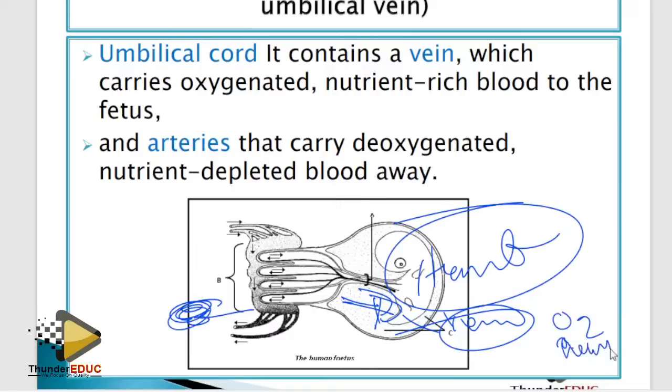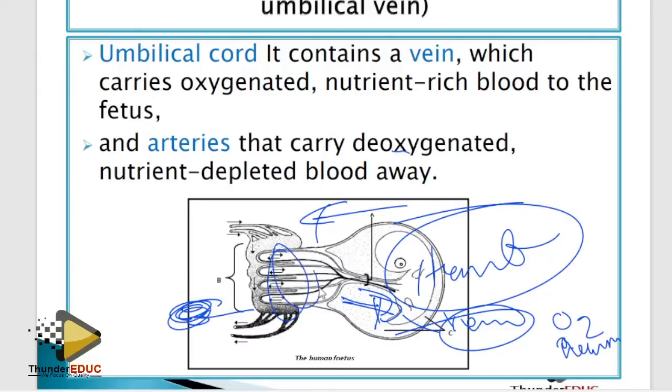Do you understand, guys? And then the blood vessel which goes away from the heart is called the artery. Because this artery is going away, it goes to the mother, therefore it has more carbon dioxide and waste products, meaning that it will have deoxygenated blood. That's the trick behind, nothing else. Here, done. This is the, how do you call this?